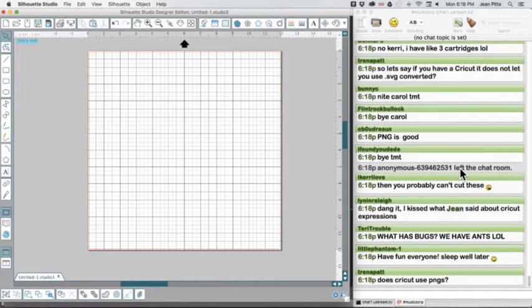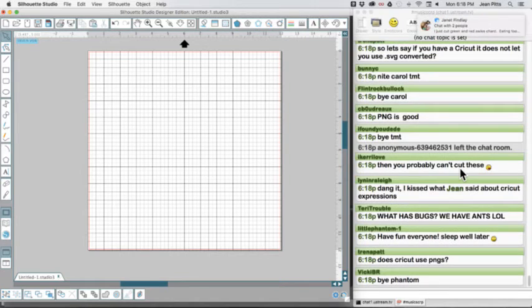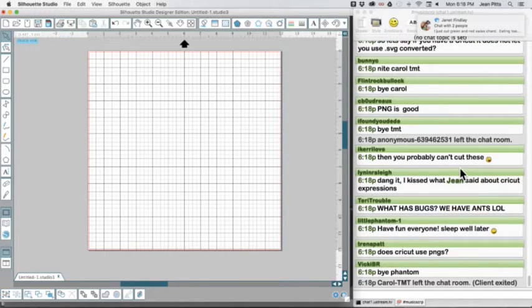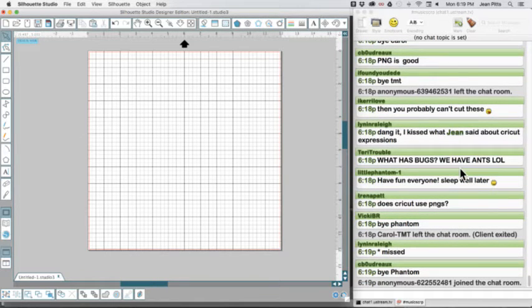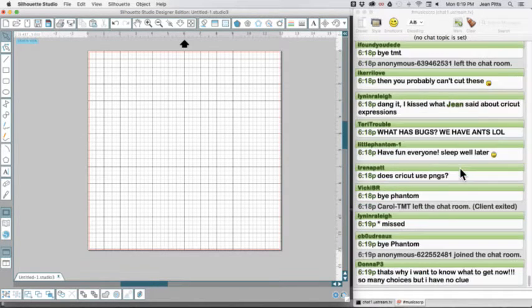Trina, the newer Cricuts will. The Cricut Air, and I believe the Cricut Explorer, allows you to use SVG files, but I'm pretty sure it allows you to trace bitmap or Ping files. So